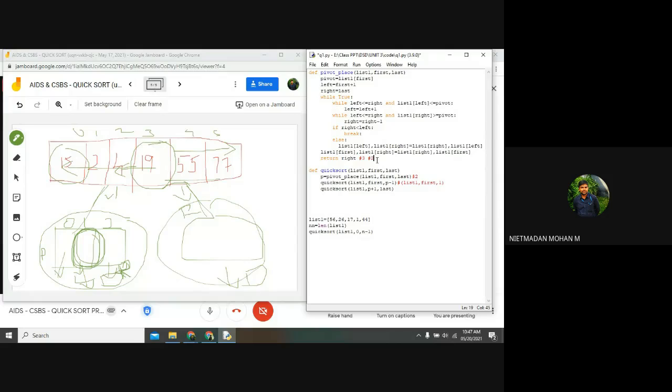So likewise, till the condition gets false, it will be executed, and this recursive function will be executed. I have already mentioned that once you are going to use a recursive function, you need a base case or a termination case. So here I am assigning the base case and the termination case. If first is less than last, then that is my termination case of this particular if statement, and it will not execute any point. It will come directly out of the function and it will print that list 1.